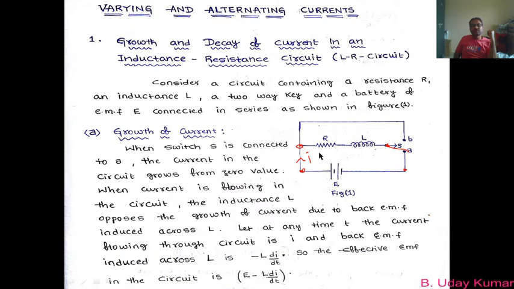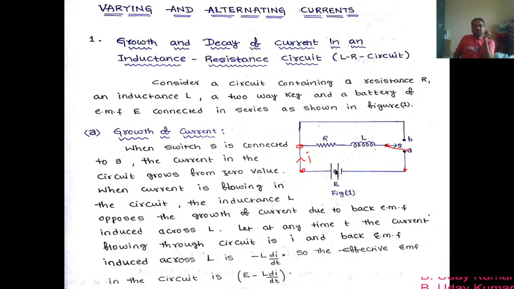So let us assume that at a particular instant of time t, the current flowing in this circuit is I. Now the total EMFs present in this circuit will be the first one, which is the applied EMF, and because of this inductor an EMF is induced which opposes the growth of the current. That induced EMF is called back EMF, and we can write the formula for the induced EMF as minus L into di by dt. I hope you remember this. We studied this in electromagnetic induction in the case of Faraday's laws.